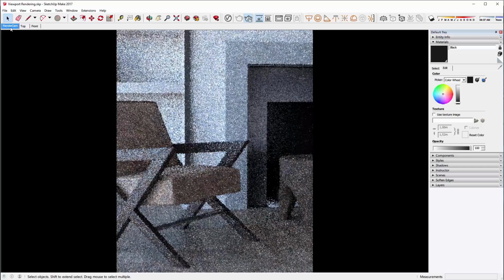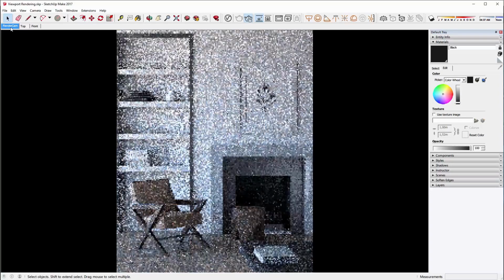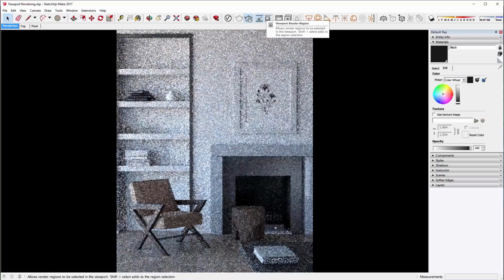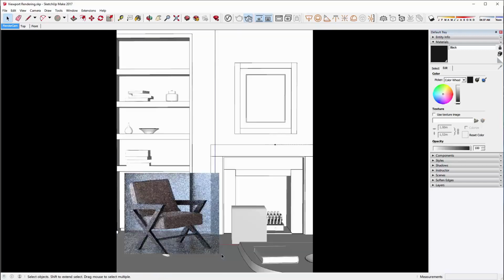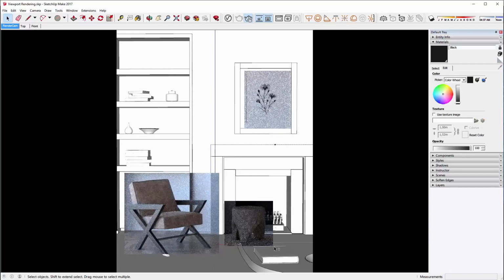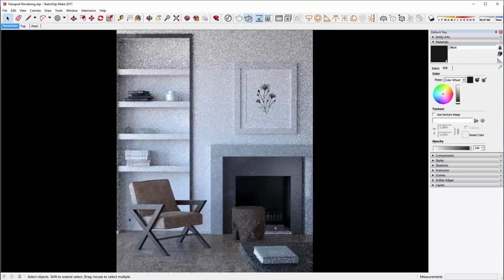And if I reset my view, V-Ray is again going to update. I also have a button here for render region, so I can draw a region and focus on a certain area. If I hold down Shift, I can make another region and another, as many regions as I like in areas I want to focus. Now if I disable it, all of the regions will be gone and the render will continue from there, so the rendering information is not lost.